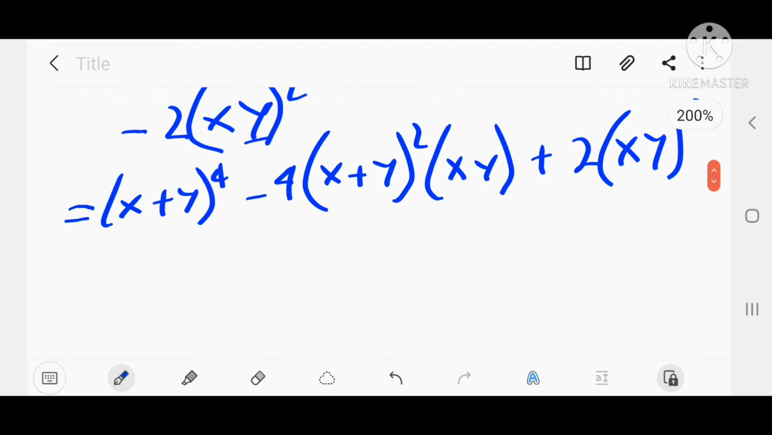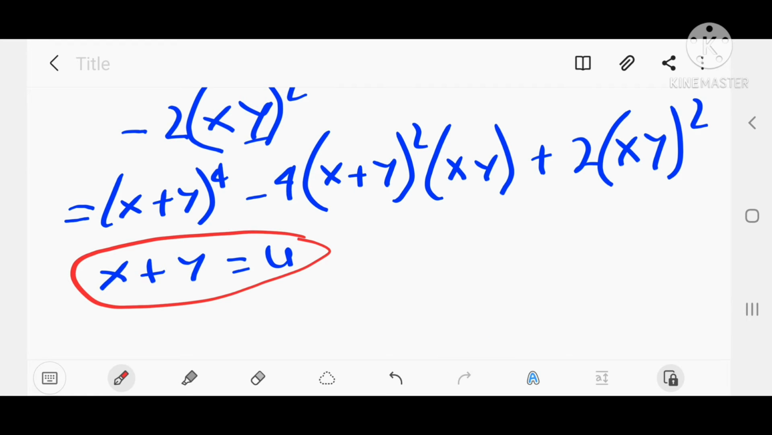So this will be our final expansion. What we do is we substitute, since from our first equation we have x plus y equals u, and x times y, xy, equals v. So by substitution we have